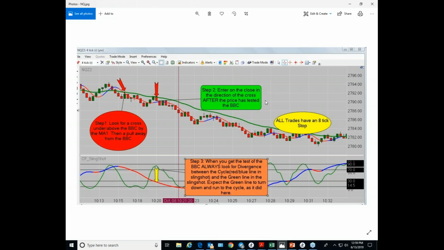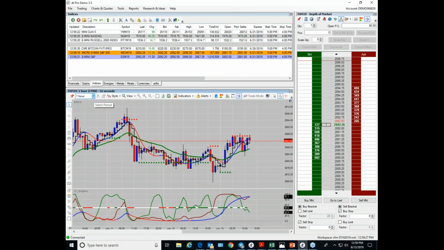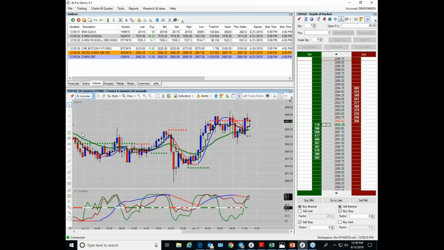All right, so let's start with the trade setup. First order of business is the time frame. We are on a 4-tick range chart. Okay, a 4-tick range chart. So if you have DtPro up and running, chances are you're on a time-based chart, right? You're probably on an hourly, could be on a daily. If you're following Logic 247, you're probably on a 30-minute chart, right? The bottom line is you want to get to a 4-tick range chart, because that's what Mike's featuring in the